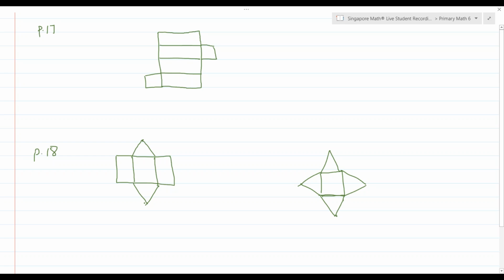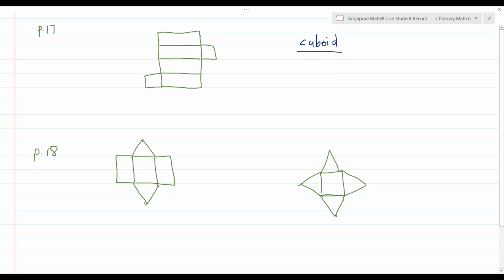Now, of all the things we'll do this year, we're not showcasing the loveliness of my abilities when you have me draw things. So these are poor sketches, but that's why you have the textbook in front of you. On page 17, you see a much nicer drawing of what's going on. But what they would like us to do is to trace and cut out the figure and fold it along the lines and see that you get a figure that they call a cuboid. A cuboid means a three-dimensional cube. It's going to fold up into a three-dimensional